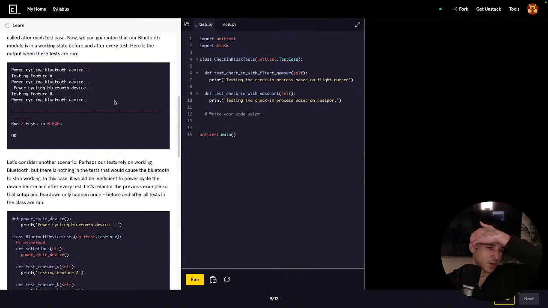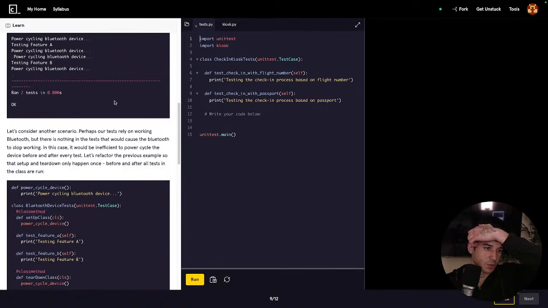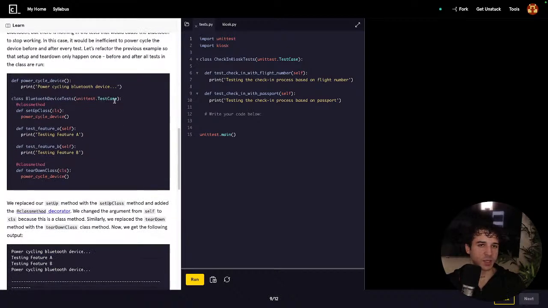Let's consider another scenario. Perhaps our tests rely on working Bluetooth, but there is nothing in the test that would cause the Bluetooth to stop working. In this case, it would be inefficient to power cycle the device before and after every test. Let's refactor the previous example so that setup and teardown only happen once, before and after all tests in the class are run. So, def power_cycle_device(): print("Power cycling Bluetooth device"). class BluetoothDeviceTest(unittest.TestCase):